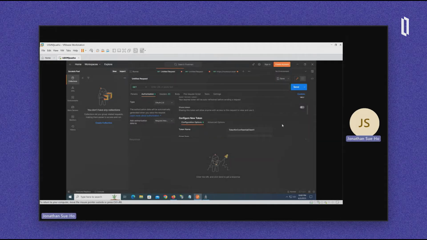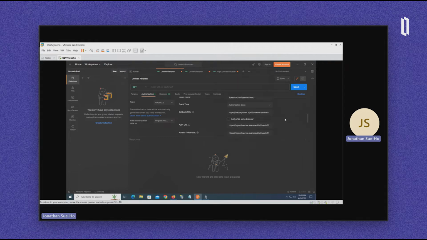So we're in this authorization tab. We've chosen type OAuth 2. And so we're going to give this token a name to save it under. The grant type is authorization code, which we can use because we're a confidential client. The callback URI is how to get the authorization code back to Postman. Postman should give you this, or whatever application should tell you what to use here. The auth URL and the token URL, these are endpoints on our IRIS auth server. We put in the client ID and the client secret. And then I believe we ask for the beautifully named scope 1, and the state is just some random temporary